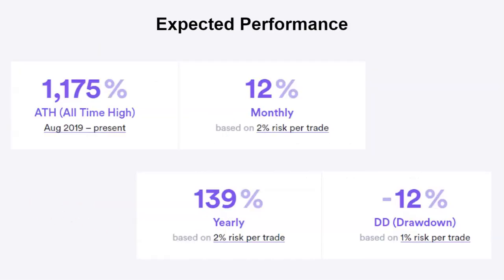Now, we tried to make an estimate of the performance that we expect, at least when combining these 3 systems, and we are aiming for roughly about 140% a year, with about 25% drawdown based on 2%. This 12% is based on 1%, so times 2 would be about 25%. Now, of course, that could be more, that could be less. Obviously, trading Forex and CFD with leverage is high risk, and only risk capital should be used that you can afford to lose, because although we expect a drawdown of 25%,